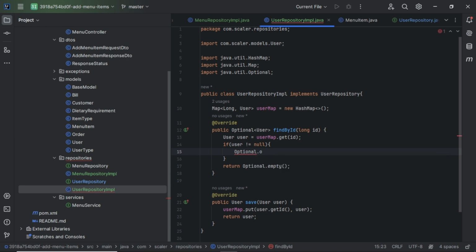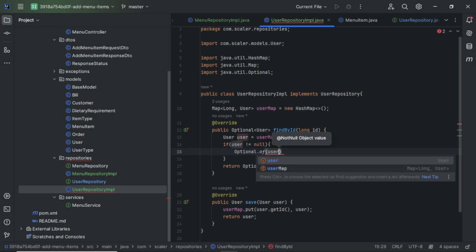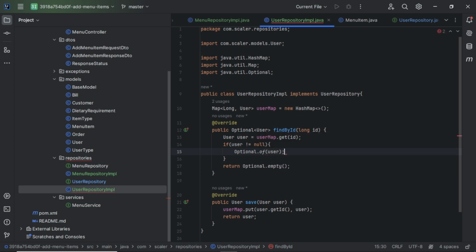It will take one parameter as a value. So we will just put the user here and terminate it. So if the user is not equal to null, then we will return the optional. And if we have a null, then it will return empty. So this repository we already created. Okay, as you can see, we already created this repository.